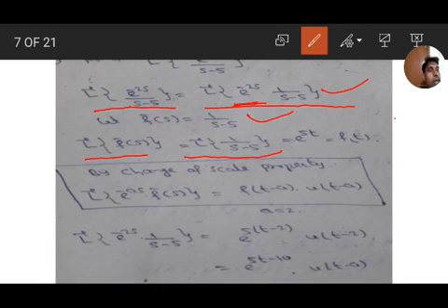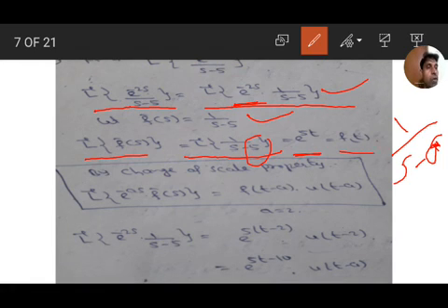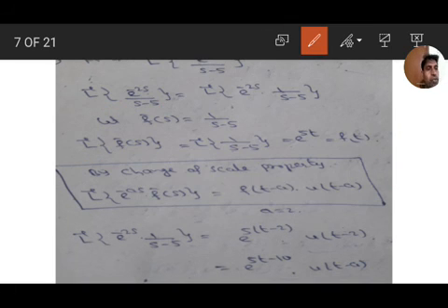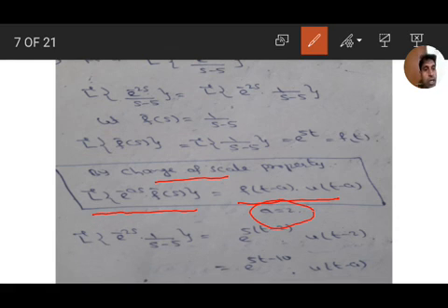We have the formula L inverse of 1 by s minus a equals e to the power of at. Here a equal to 5, so it is e to the power of 5t, which equals f of t. L inverse of f bar s, we got e to the power of 5t, that is f of t. Therefore, by the second shifting theorem, L inverse of e to the power of minus as into f bar s equals f of t minus a into u of t minus a, where a equal to 2. Here there is a printing mistake, it is by second shifting theorem.